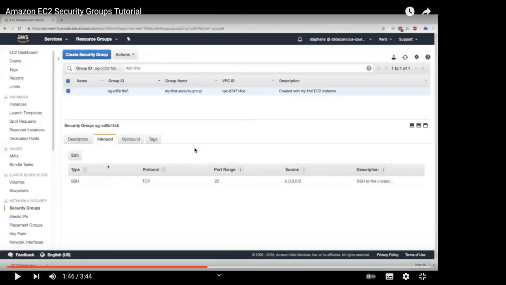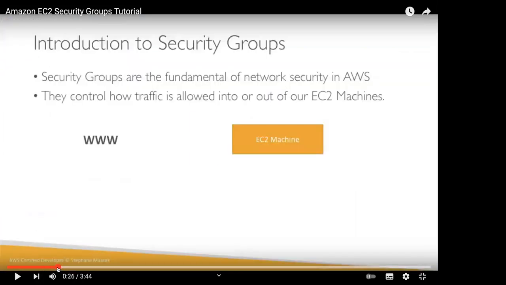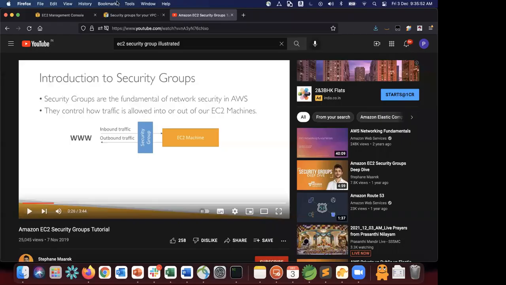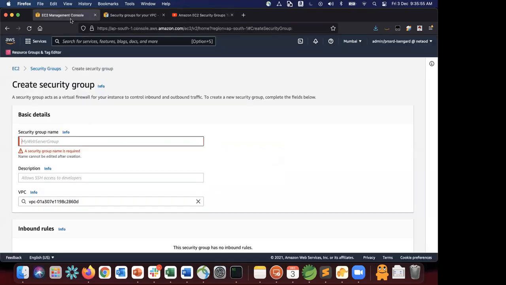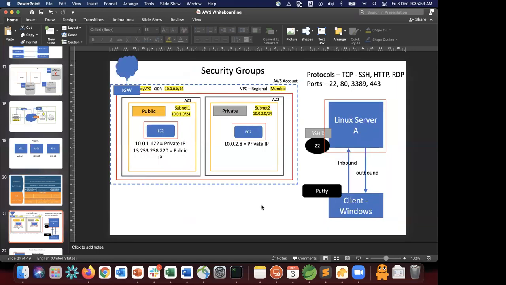Now, what happens? So if you see this right, initially he was explaining about this, correct? This is the World Wide Web, internet, or it could be any other system in the network, correct? Security group is the one which controls inbound and outbound traffic. So let's just come out of this. Let me go back to my EC2 console. Before that, let me just go back to this